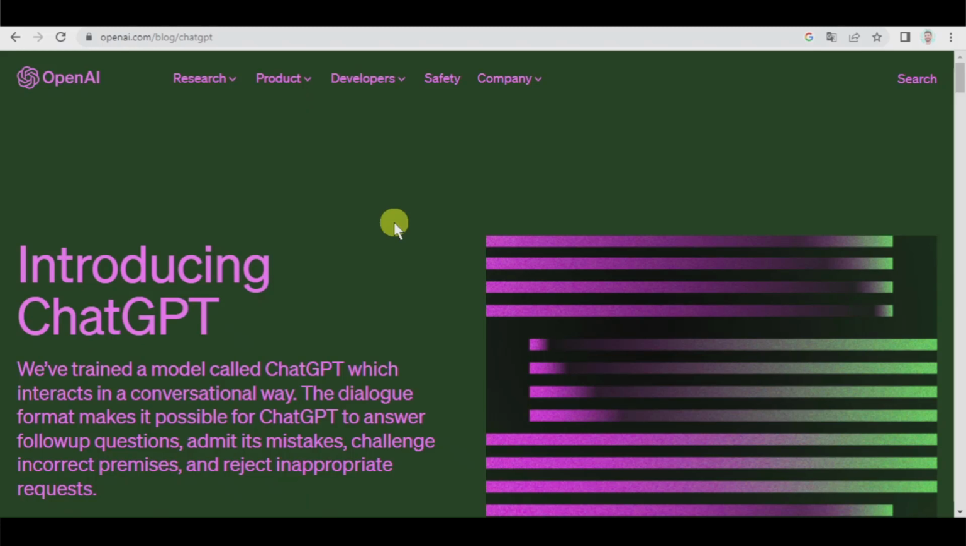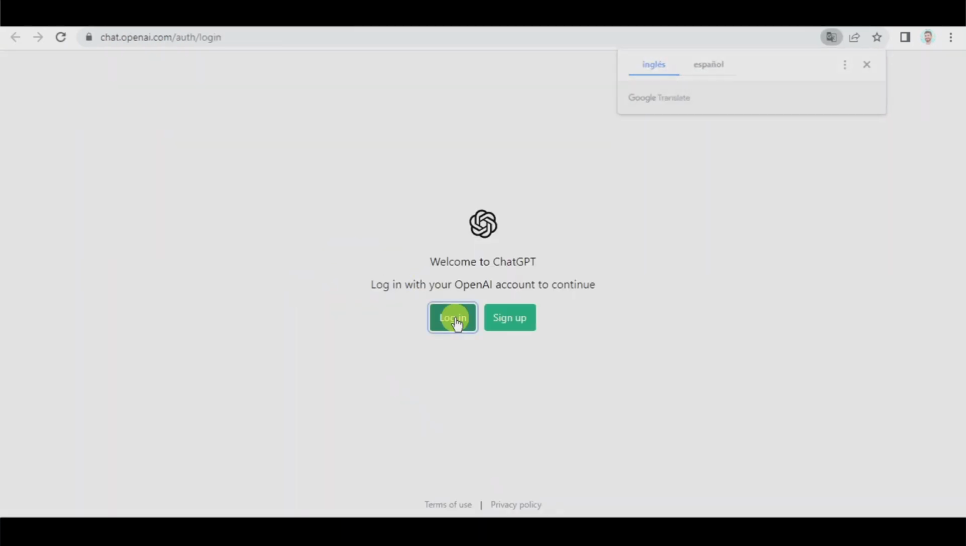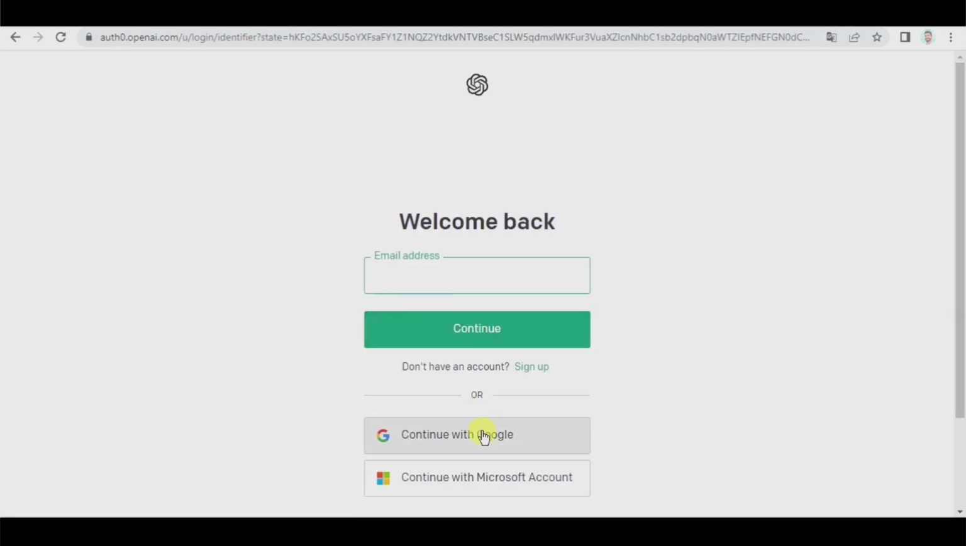In this tutorial, we're going to use ChatGPT and FlexClip to create a personalized listening activity with the audio file and the multiple choice questions. So let's begin with ChatGPT. We're going to log in, we use our Google account,